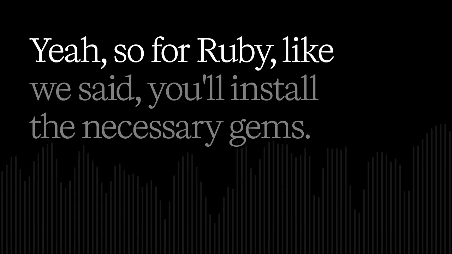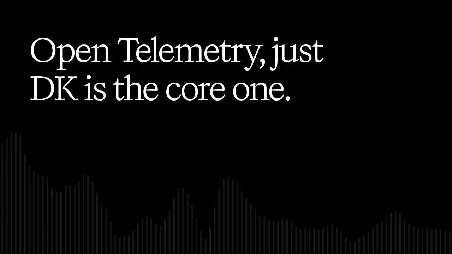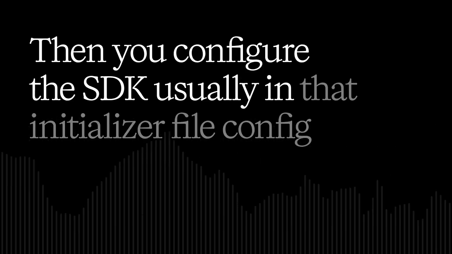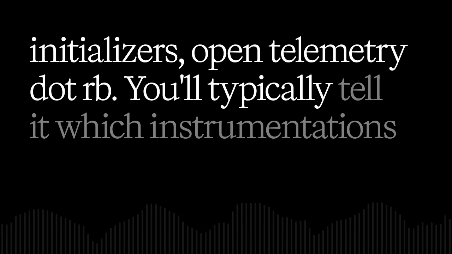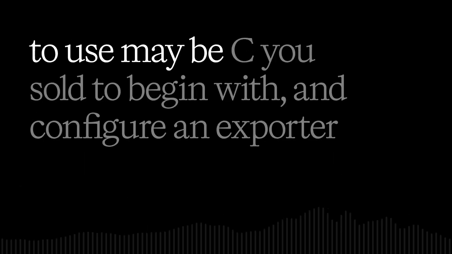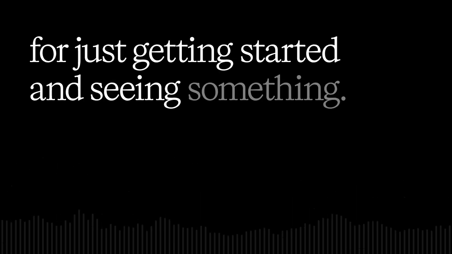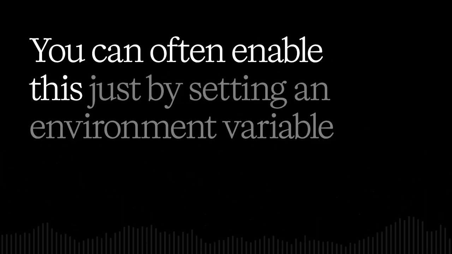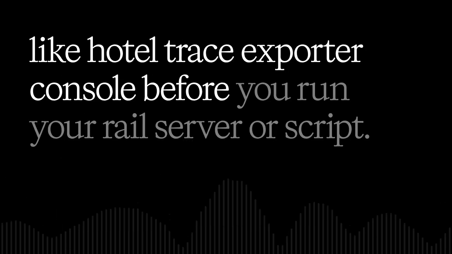Yeah, so for Ruby, like we said, you'll install the necessary gems. OpenTelemetry SDK is the core one, and probably opentelemetry-instrumentation-all to get started easily. Then you configure the SDK, usually in that initializer file, config/initializers/opentelemetry.rb. You'll typically tell it which instrumentations to use, maybe c.use_all to begin with, and configure an exporter. For just getting started and seeing something, the easiest exporter is the console exporter. You can often enable this just by setting an environment variable like OTEL_TRACES_EXPORTER=console before you run your Rails